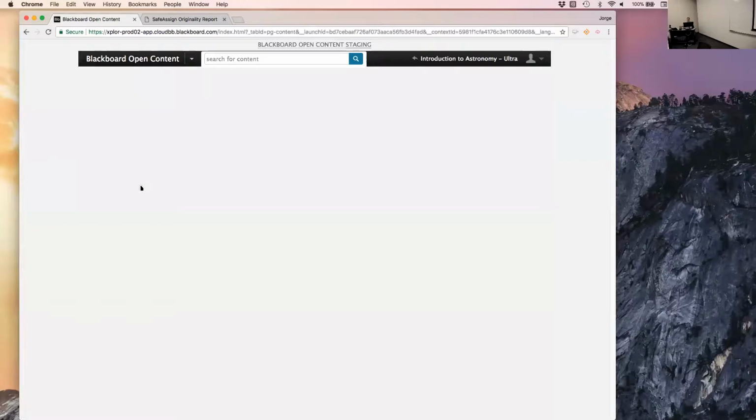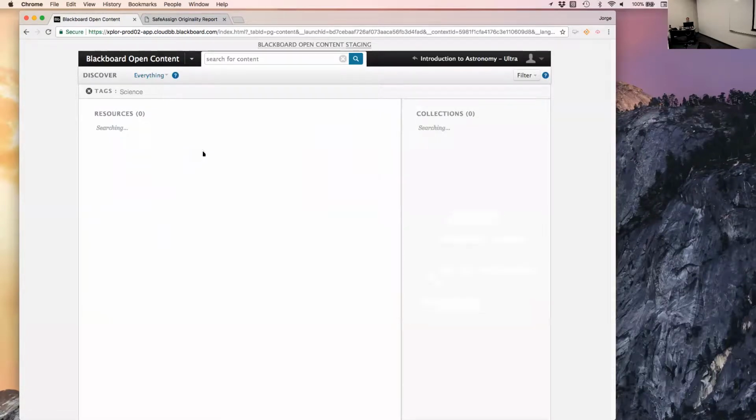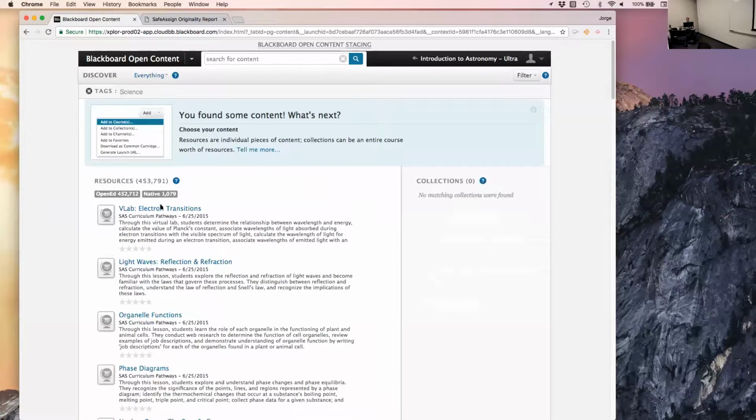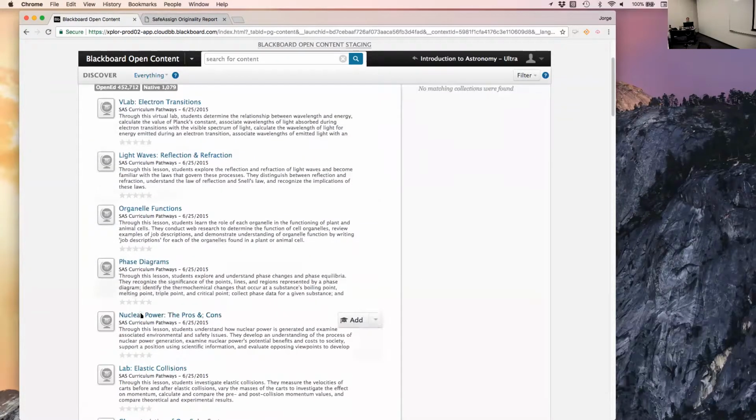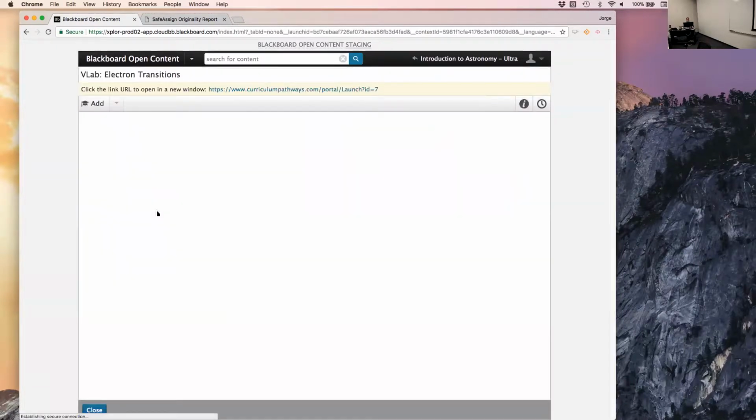So if you go into here, you have some content partners that have provided huge chunks of objects in the system, but you can then also look into a particular type of, let's go into science, so you can see the resources there. You can see comments from faculty, so you can always rate. As you can see here, some of them have not been rated, but if you go into this virtual lab,